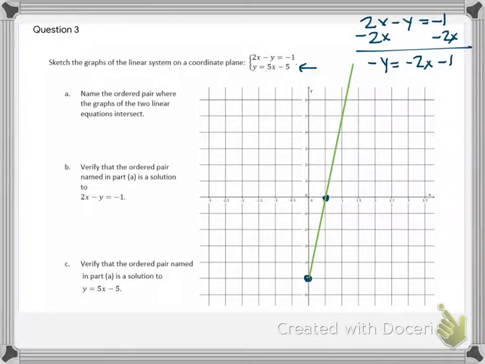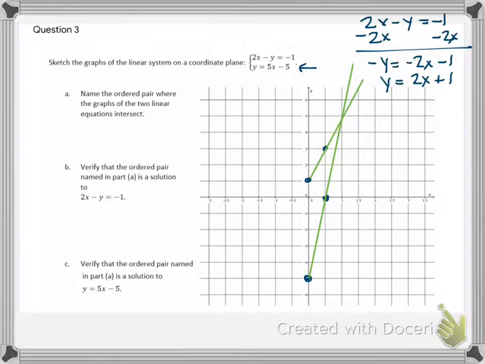And then I can multiply by the reciprocal of -1, or just understand that a negative y becomes a positive y, the negative 2x becomes a positive 2x, and the negative 1 becomes a positive 1. So this equation is y equals 2x plus 1. Well, that means I'm going to cross the y-axis at positive 1, and my slope is up 2 right 1. Okay, so there's that point, and then I can draw the line through those 2 points,